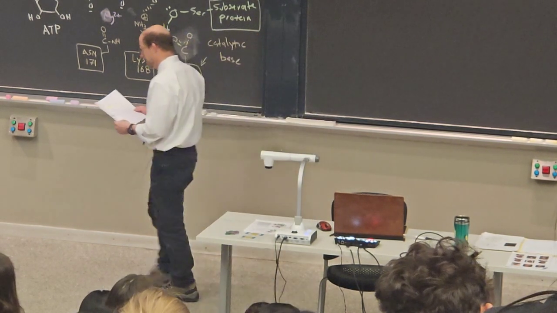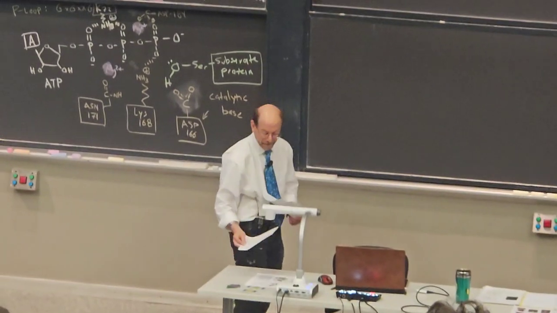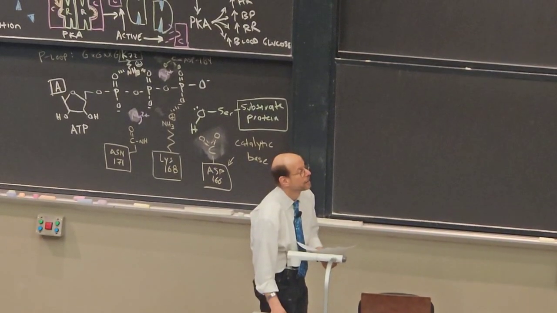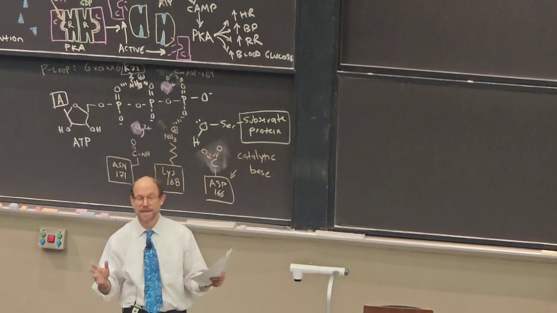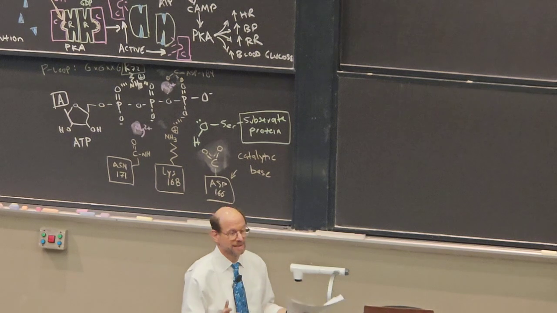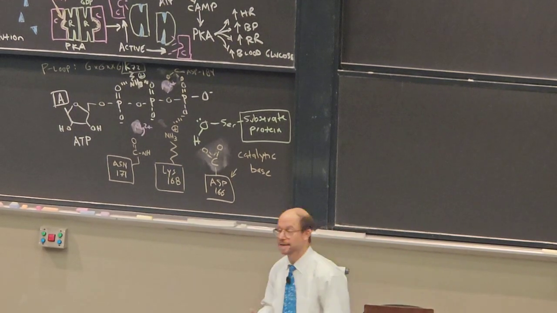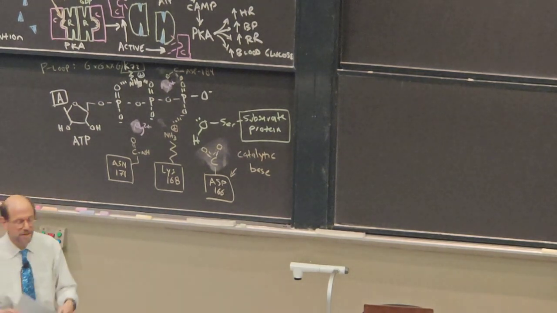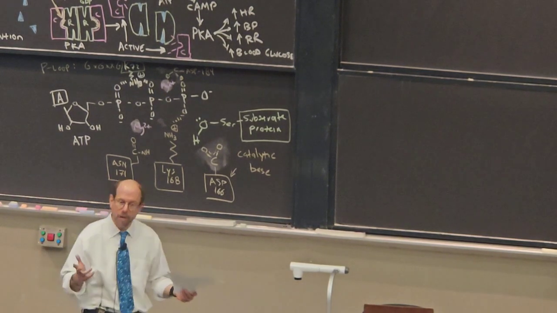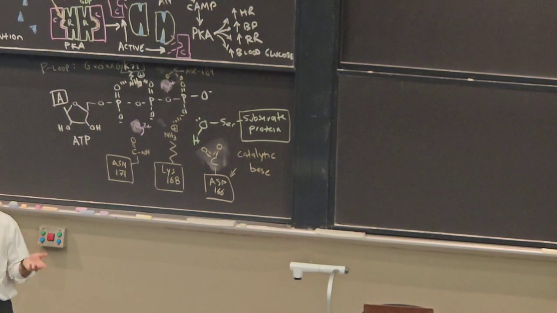Now, there are a couple of key features that I want to point out here. First, I want to point out that in order to bind ATP, you can only bind ATP in the kinase domain if it's bound to magnesium. ATP alone doesn't bind very well. You need ATP and magnesium. Now that shouldn't surprise you, because when we talked about how DNA polymerases work and how RNA polymerases work, there were always magnesium ions that were involved in the catalysis. So it shouldn't surprise you that there's going to be magnesium ions involved in this catalytic